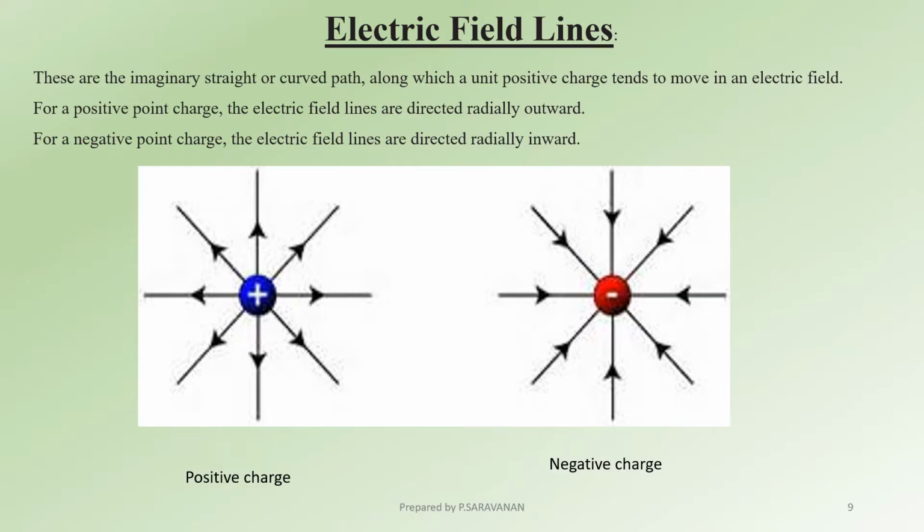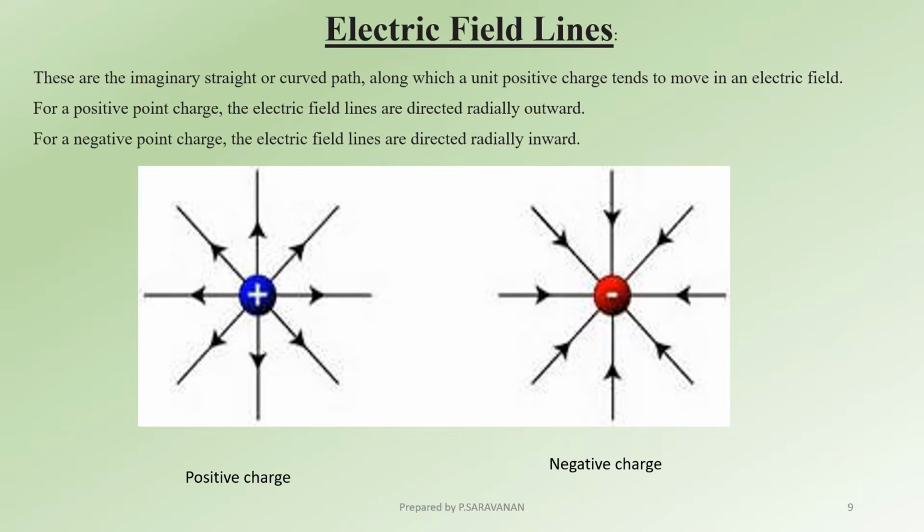Electric field lines. In the first picture, we can see a positive charge is placed at the center. Will there be an electric field surrounding this charge? Yes. Depending upon the magnitude of the positive charge, the extent of the electric field may be small or very large. Also, due to the symmetry of the charge placed at the point, the shape of the electric field will be an imaginary sphere.